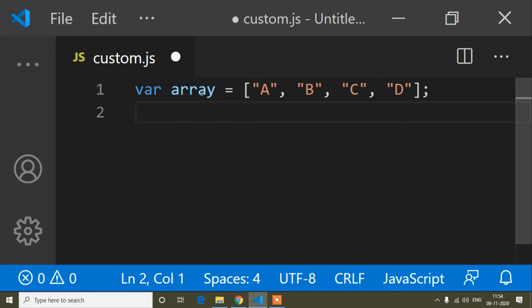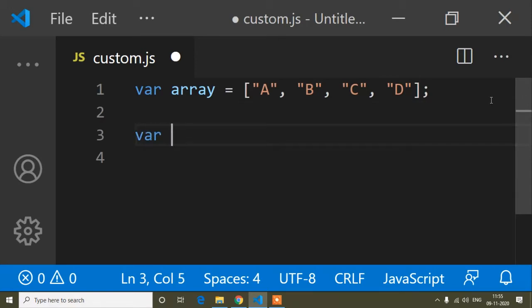Okay, so if I use array.length on this array, here I have the values a, b, c, d. That means I have four values: a is 1, 2, 3, 4. So when I use array.length, it will return 4. That means it counts how many values I have in this array. So I will use array.length so it will be easy to understand.